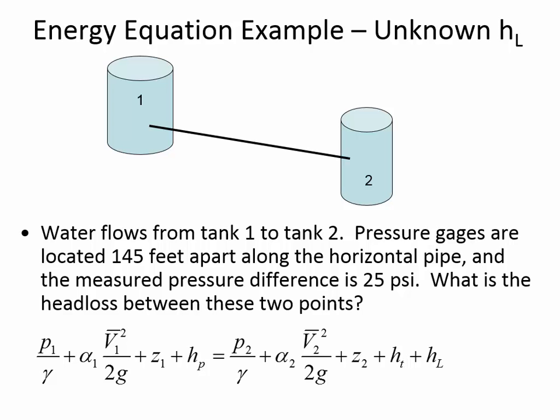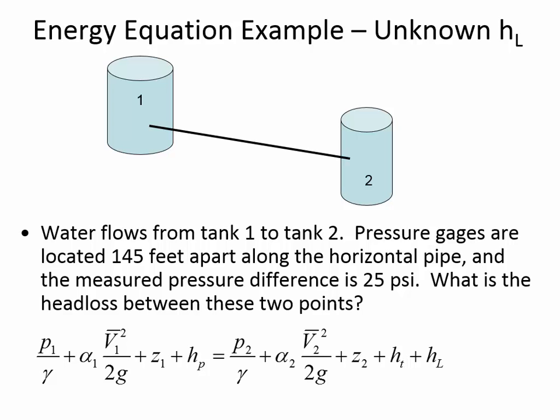Here we have pressure difference of 25 psi measured a distance 145 feet apart. So we had our reservoir connected to another reservoir, and at two locations, 1 and 2, and water always flows from 1 to 2. If you've got a pipe and you're not sure which way the water's going, just draw the number 1 and then the number 2 on the pipe, and then instantly the water will be flowing from 1 to 2. Just because you did that, it'll change flow directions even. It's amazing. So here water is going from 1 to 2, and the two locations, L is 145 feet.